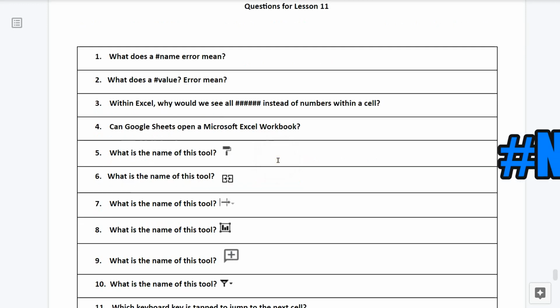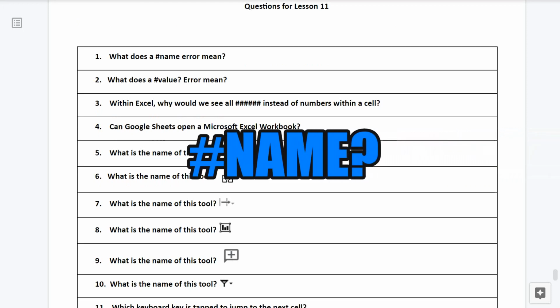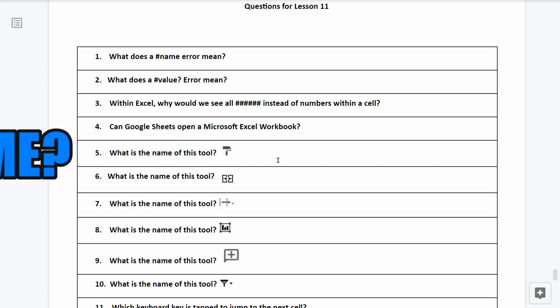Question number 1. What does the pound name error mean? Question number 2.